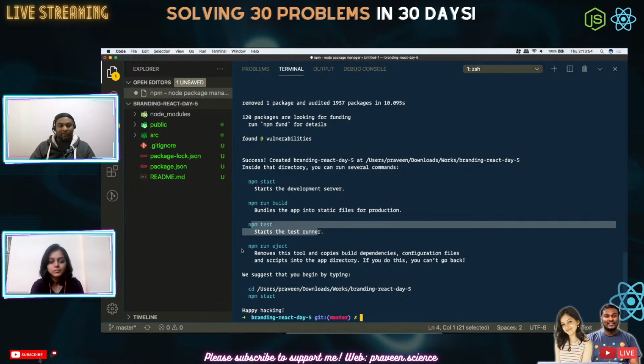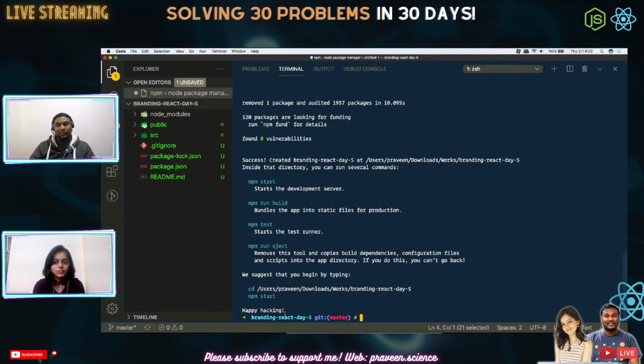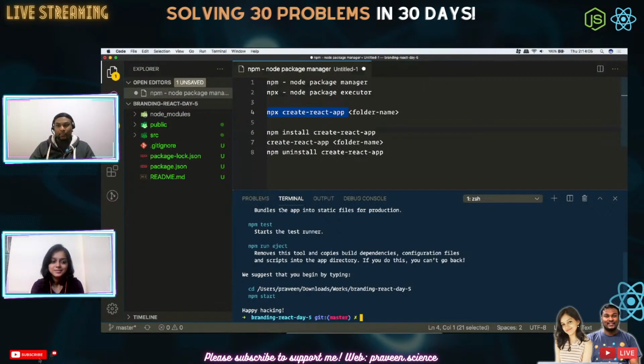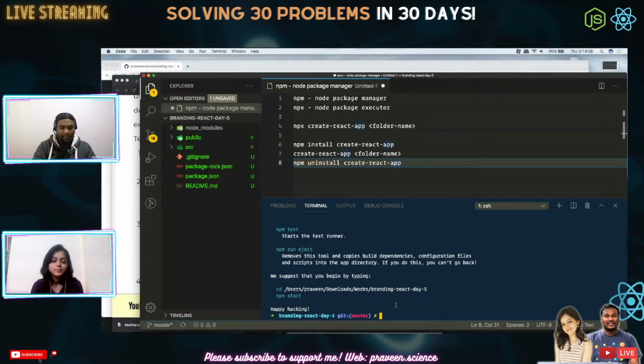And then we have npm run eject. We are not taking any risks, so let's forget about that too. So what command should I run? npm start. Yes. Before that, I would like to open up my browser. Let's say I open this browser or something like that. I do npm start,